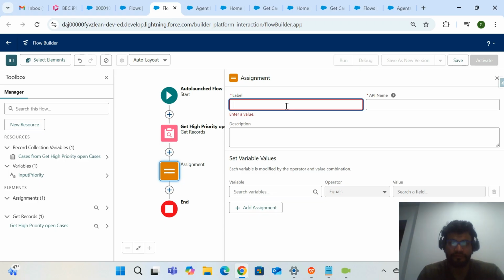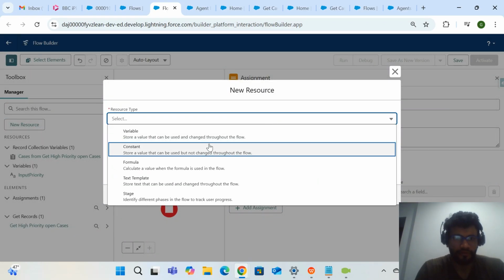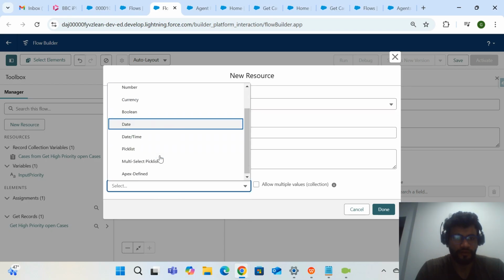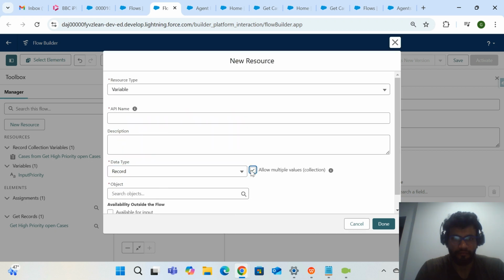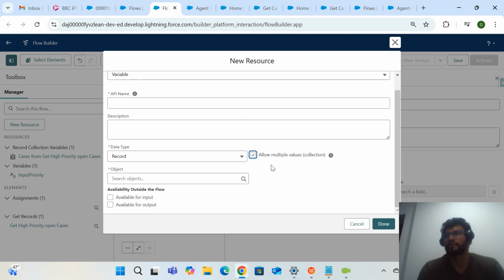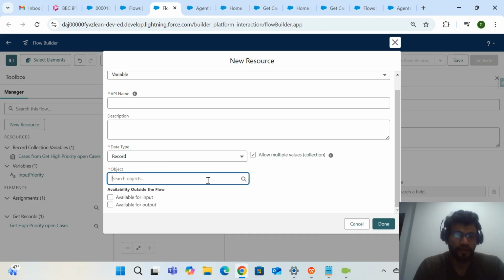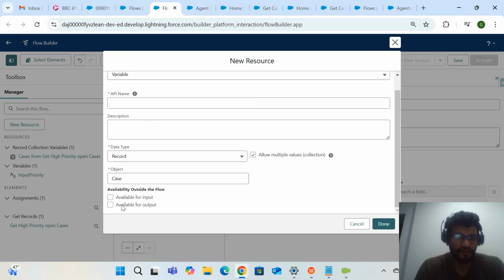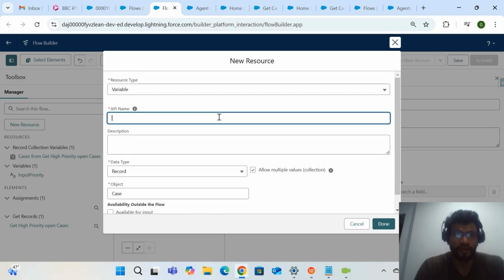So here I have to provide, okay, yeah. So first of all, I have to create the output variable. So for that, let me choose a variable, and it should be record, multiple records, because I have to collect all the high priority open cases and I have to provide the details. So this should be a record, and it should be in the form of a collection or a single record. And I have to choose which object it belongs to. This collection belongs to cases, and it should be available for output. And let me make the API name of this variable high priority case